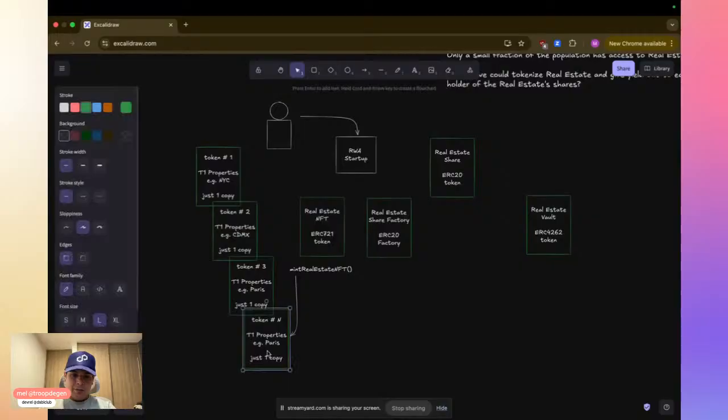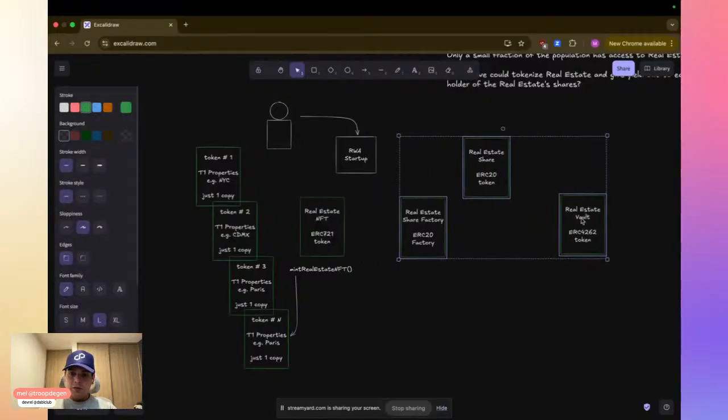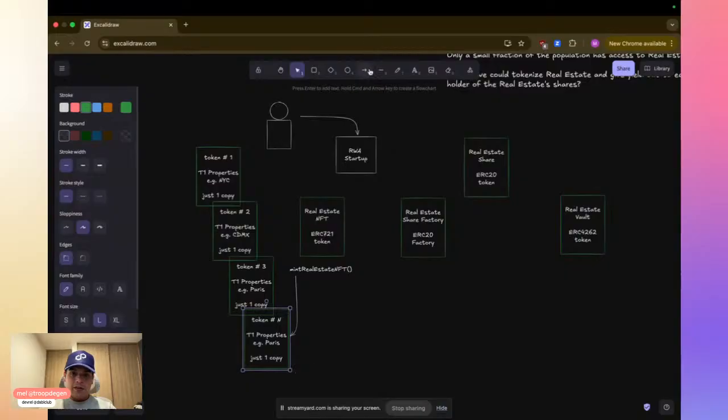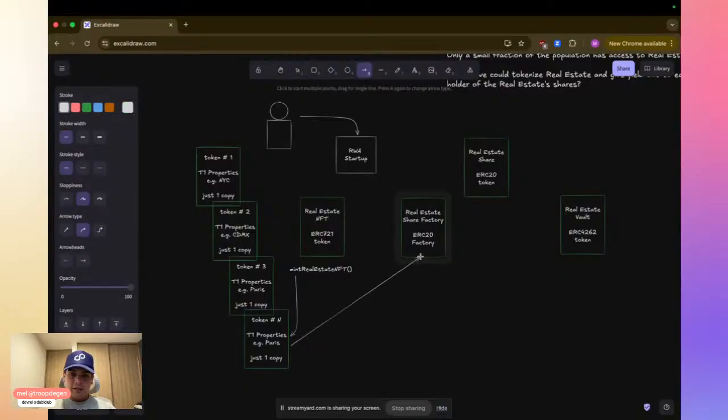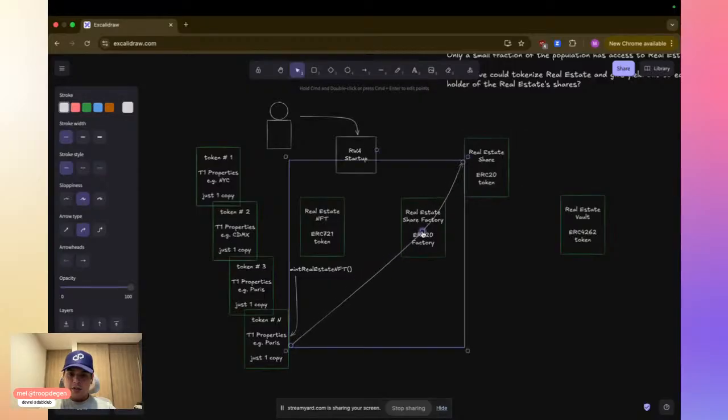So whenever we execute this function, we're going to get this token. However, since we want to fractionalize it, we will then need to deposit this token into, technically it will go into its own, but it goes through this factory.